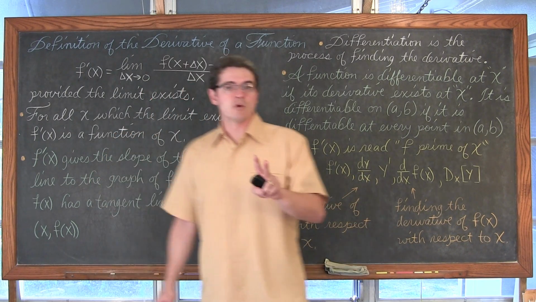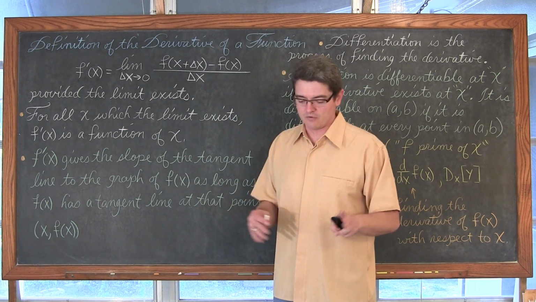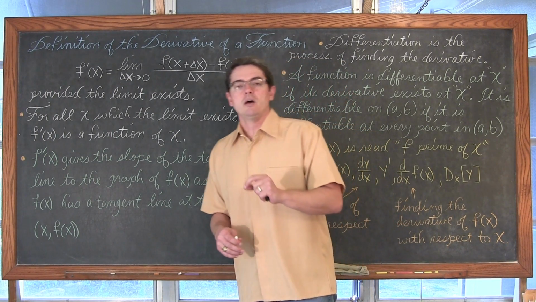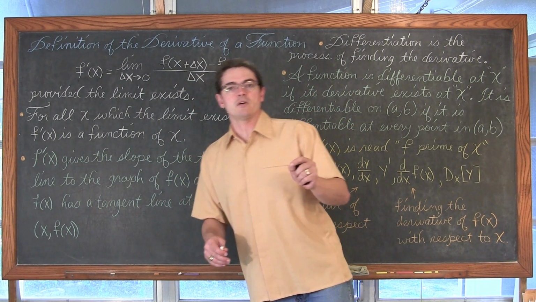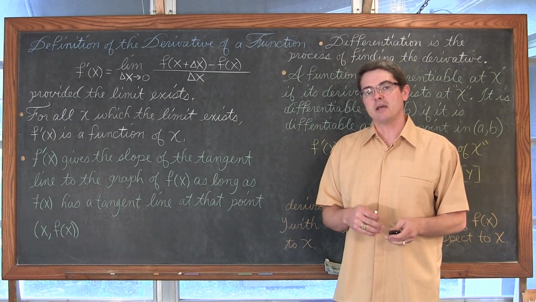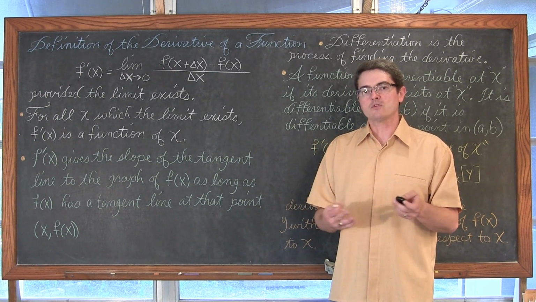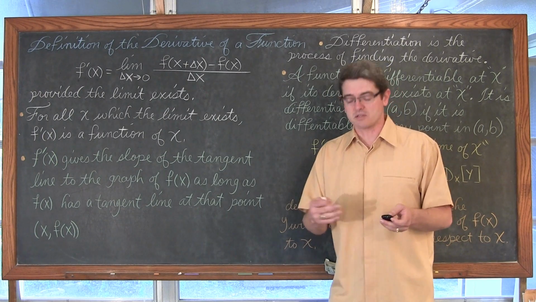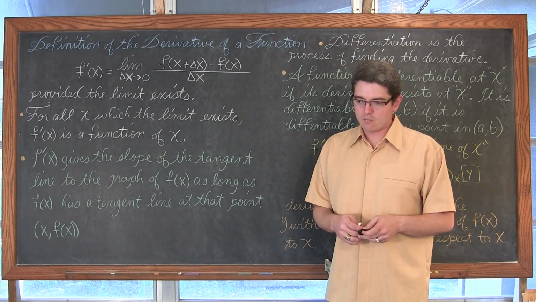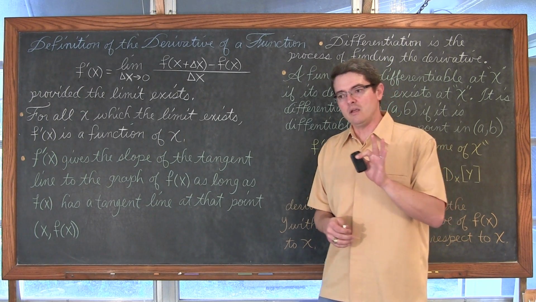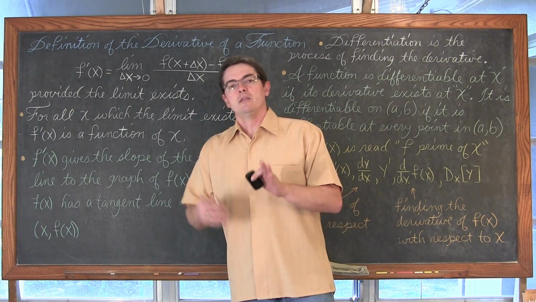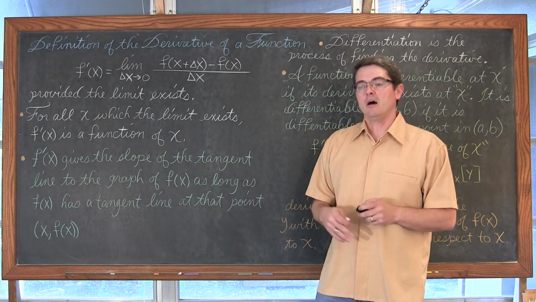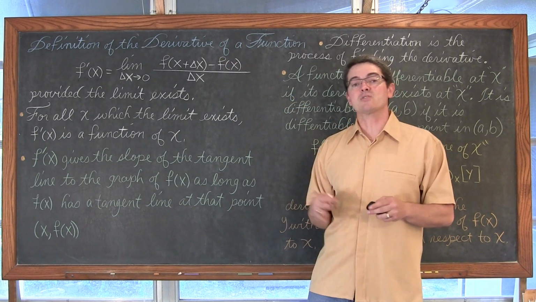Now I got two more examples. I know we're already at 40 minutes, so thank you for sticking along. I'm also going to, at the end of this video, be doing again that greatest integer function, where the function is discontinuous at some point which we'd like to find the derivative of, or attempt to show you that you actually can't because it's not continuous. And then we're going to be finding the equation of a tangent line that is parallel to a given line, and also find the equation of a tangent line through a point that's not actually on the curve.